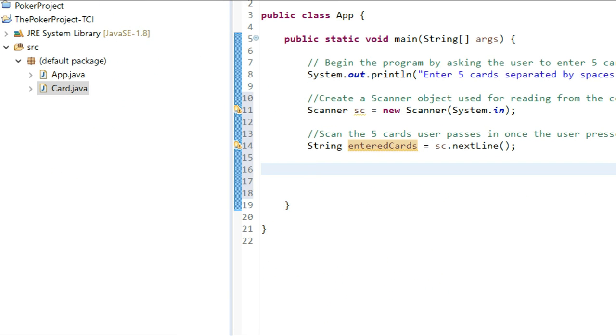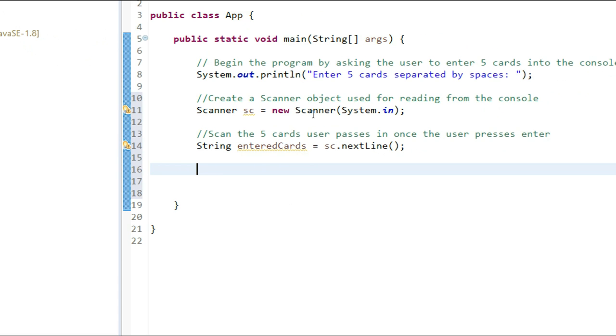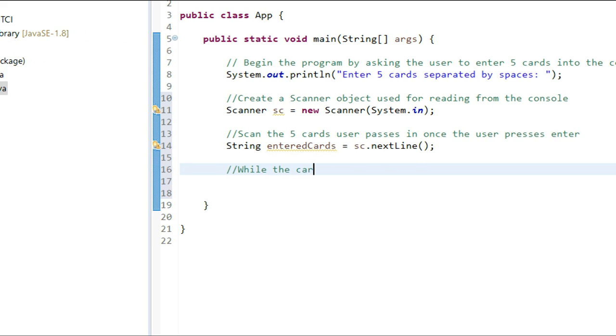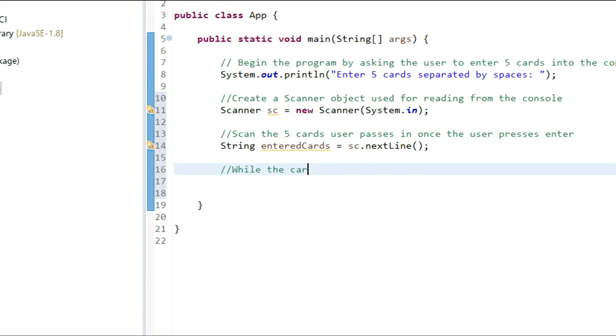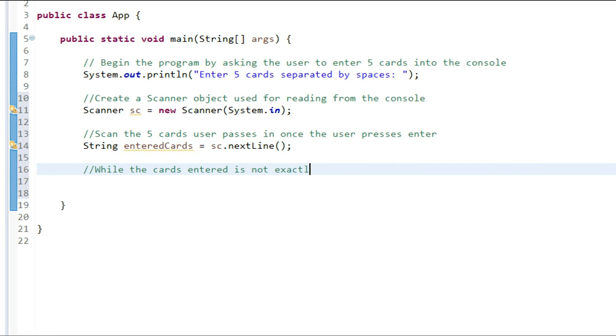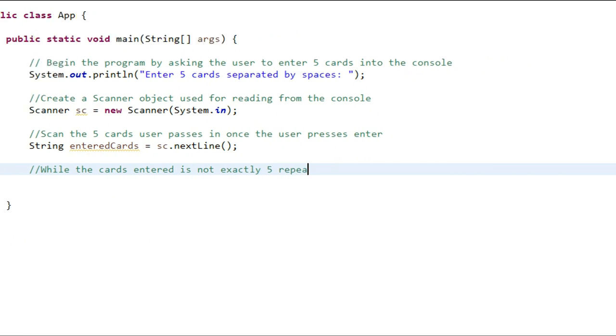All right. Now, the next thing that we need to do is a check. We need to make sure that the user enters in exactly 5 cards. So when it comes to a poker hand, we're going to need exactly 5 cards to determine the ranking of that hand. So the first thing that we need to do, let me just add a comment here to make this easy for you guys to follow: while the cards